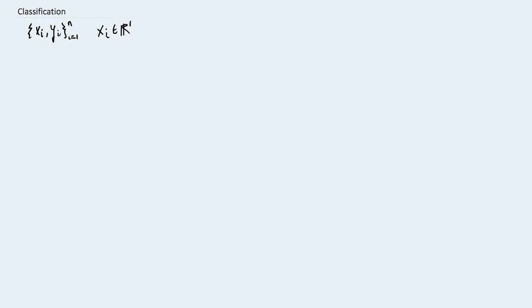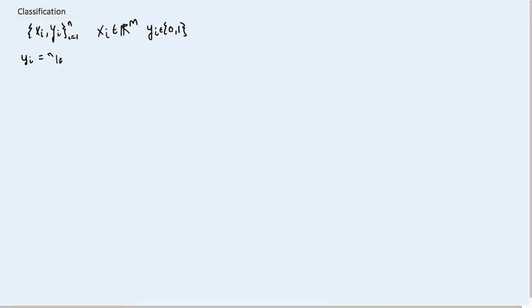Today we're going to be talking about classification. So let's assume, first of all, that we have some data points, xi, yi, like usual, and we have n of them, i equals 1 to n, and let's suppose that each xi is an m-dimensional vector, and our yi, and this is what makes classification, yi is either a 0 or a 1, meaning that it's in one of two classes. So first let me say that yi is called the label,